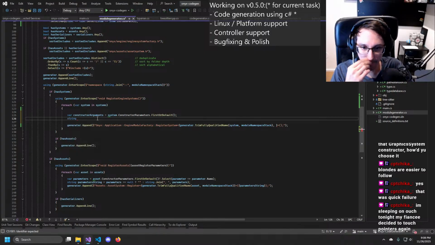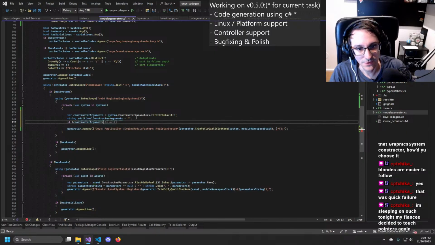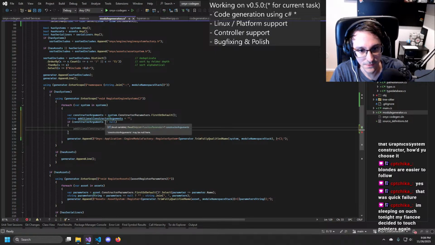And then string additional constructor arguments. Is that if our constructor argument is not null?